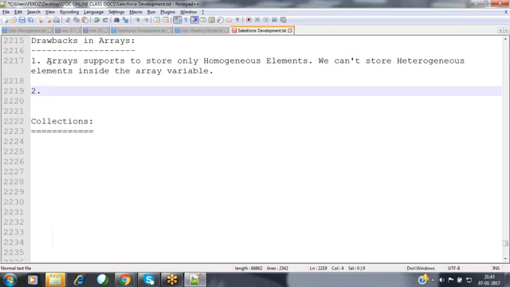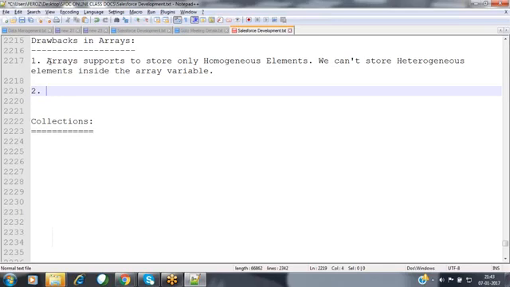But there might be situations where we don't know how many elements we are going to receive. It may be 10, 20, 1,000, or 1 lakh, we don't know. At that time, how can we specify that size? If I specify a size of 1,000, but I get 2,000 elements, then the remaining elements will be lost. But I don't want to lose my data here.